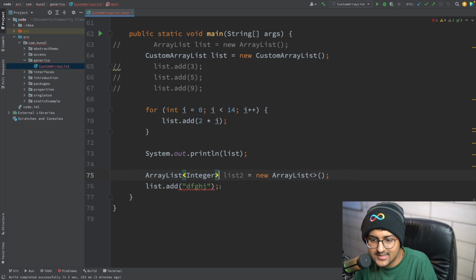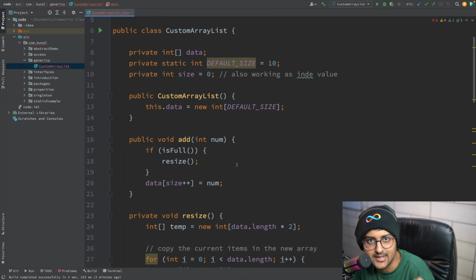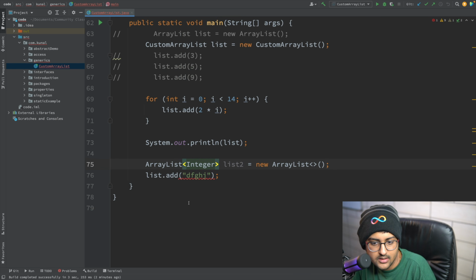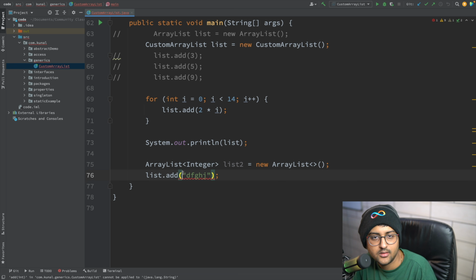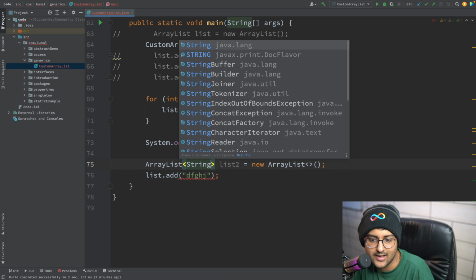Okay, so generics help us in providing a type to these values of integers and stuff. A parameterized type, if you will. You can see it's a parameter of this particular instance of this particular class, that only this class will have a particular type of objects. Which one is that? Integer type. Only integer type values will come in this. If I type string over here, then string values will be allowed.